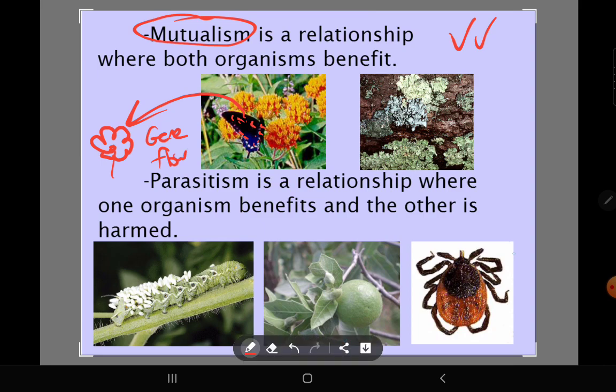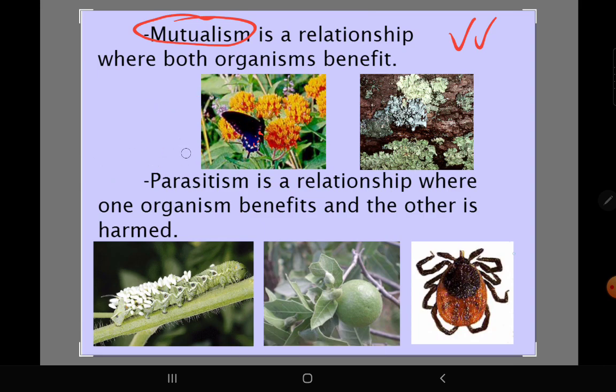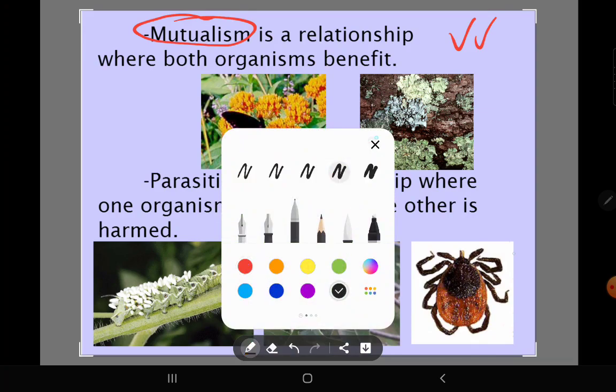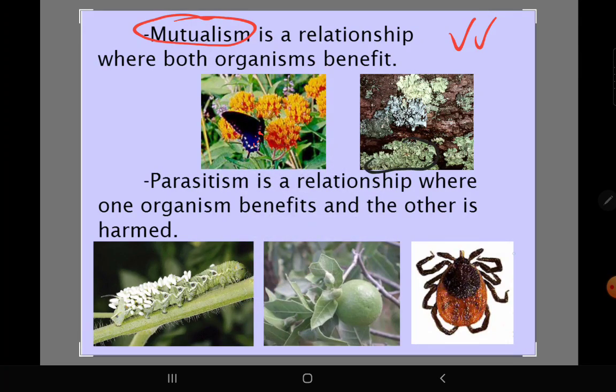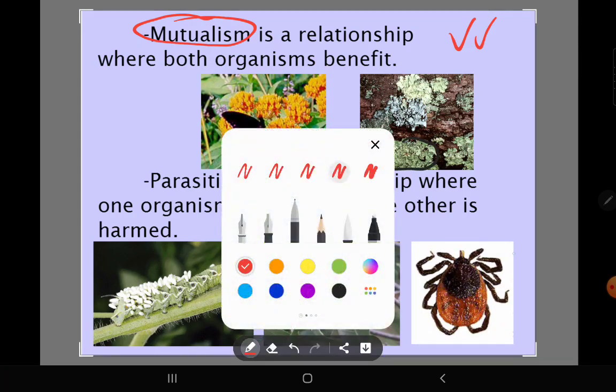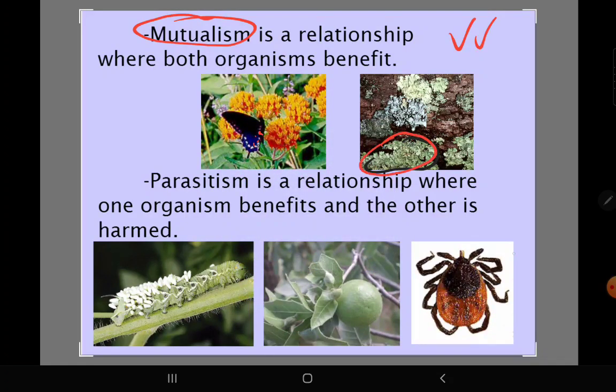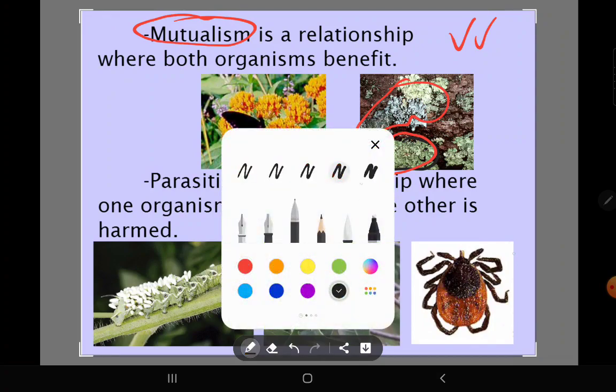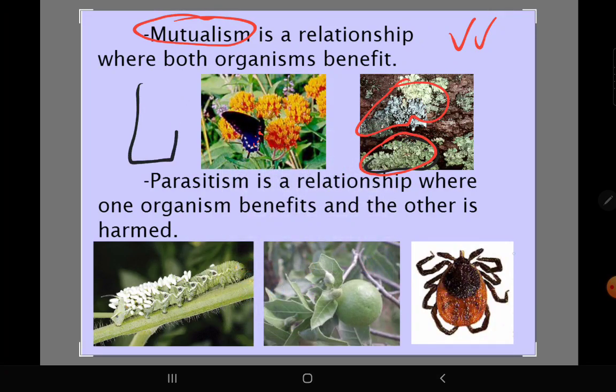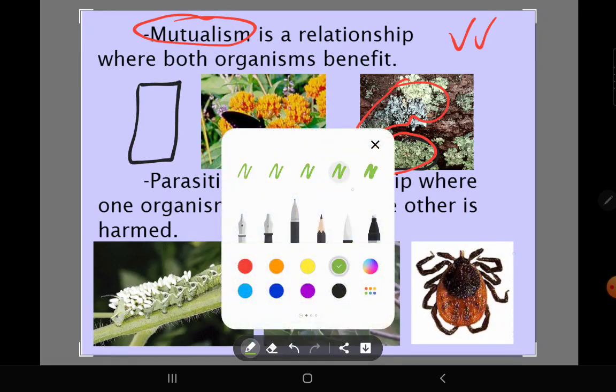Okay, so that's one example. The other example here is lichen. So this is a really cool one. Lichen, that's a bad highlight. I'm going to go back to red. Lichen is this green flaky stuff that's on this tree. And so I'm going to go to the left here and draw it for you. If we have a tree here, and the lichen is the green flaky stuff,